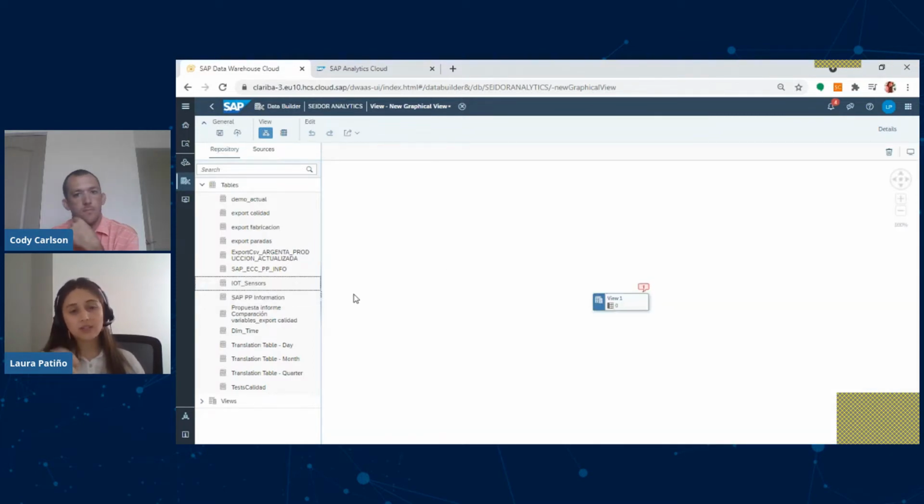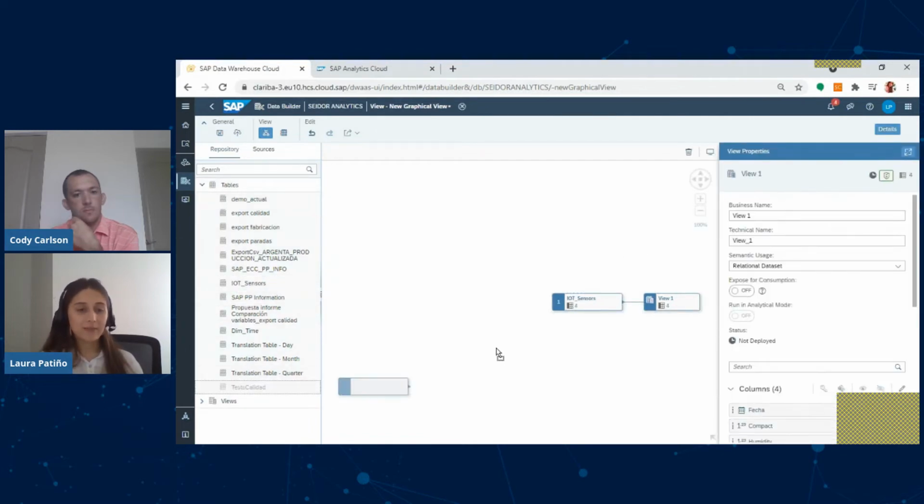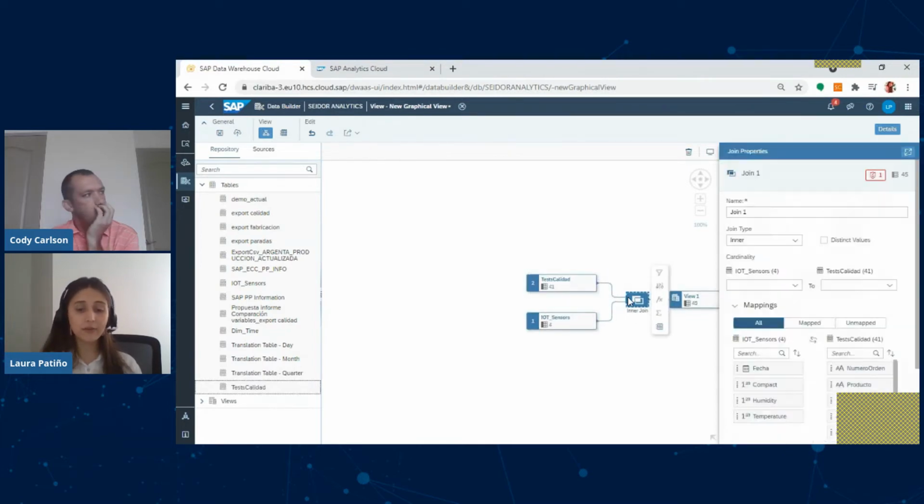This is as simple as dragging and dropping the tables, and they will start creating the flows. In this case, I selected information from IoT devices that are from S3 buckets, and the test quality that is information taken from an ERP.